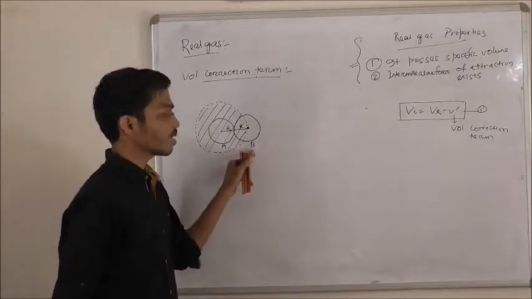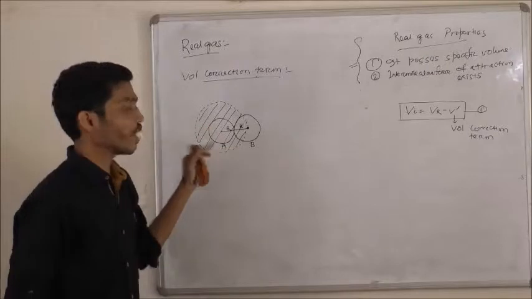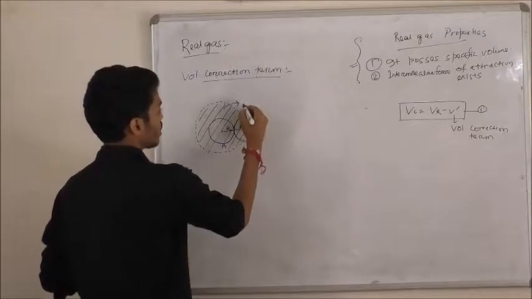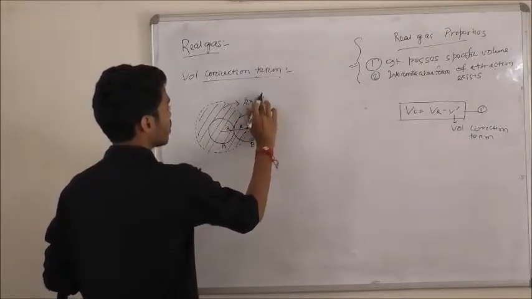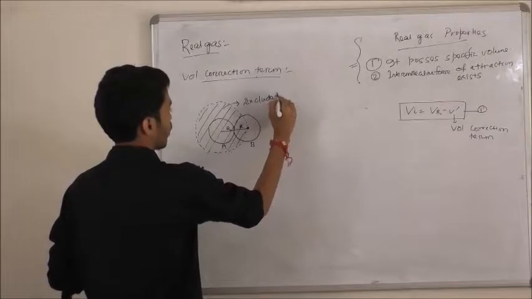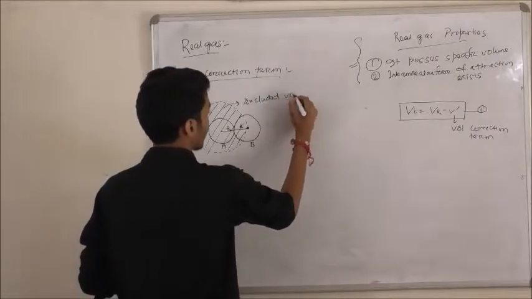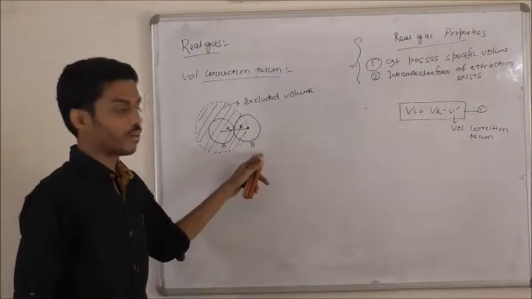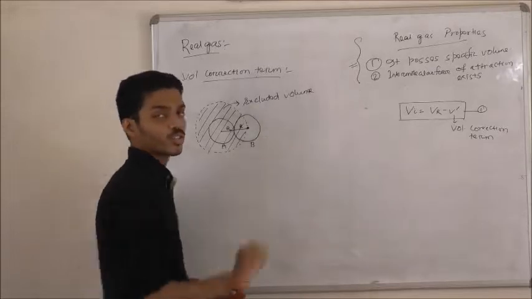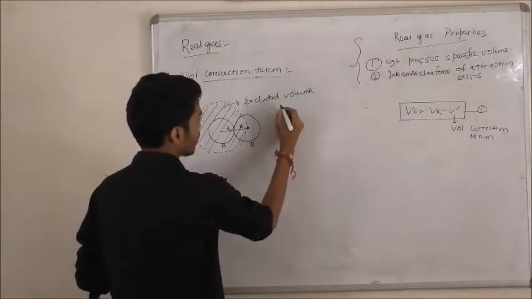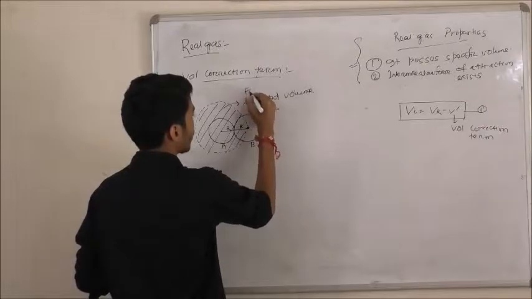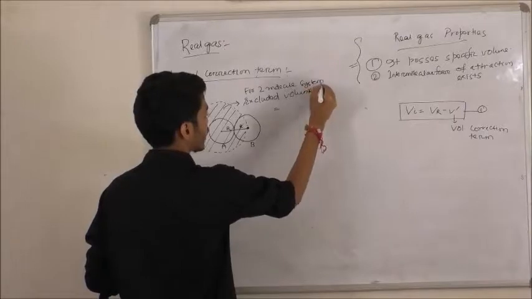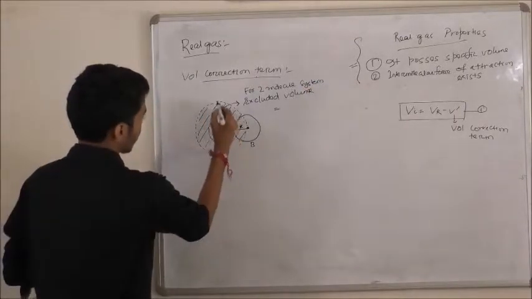Okay, the center of gas molecule B can move everywhere except this shaded volume, which is known as the excluded volume, or free movement volume, of gas molecule B. So for this two gas system, what will be the excluded volume? For the two molecule system, the excluded volume will be, listen, this is again